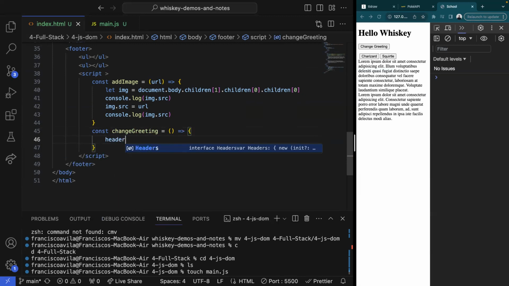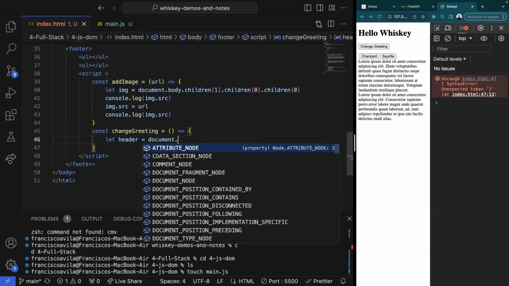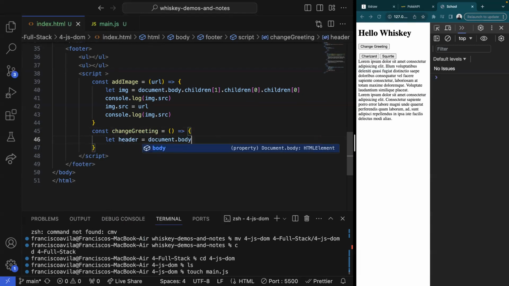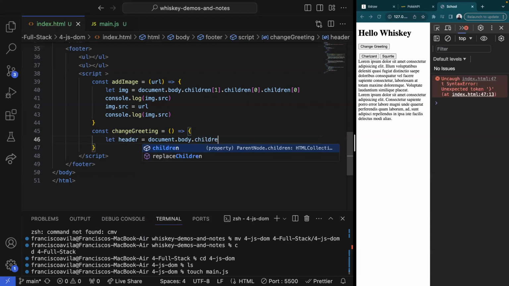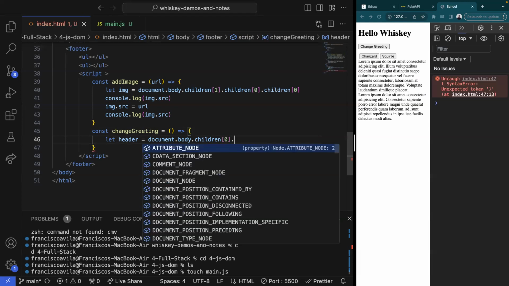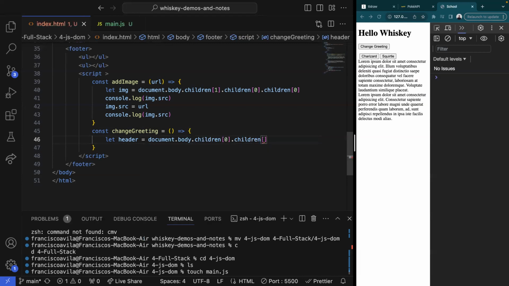Okay, so header equals document dot body dot children of 0. Awesome, which will enter the header. All right. And then dot children of your H1 should be the first thing, so 0 again. All right. And then